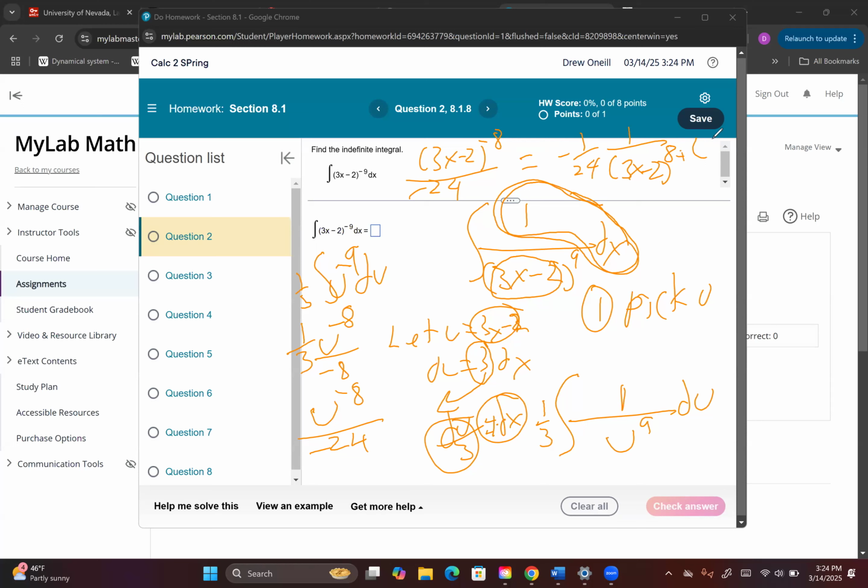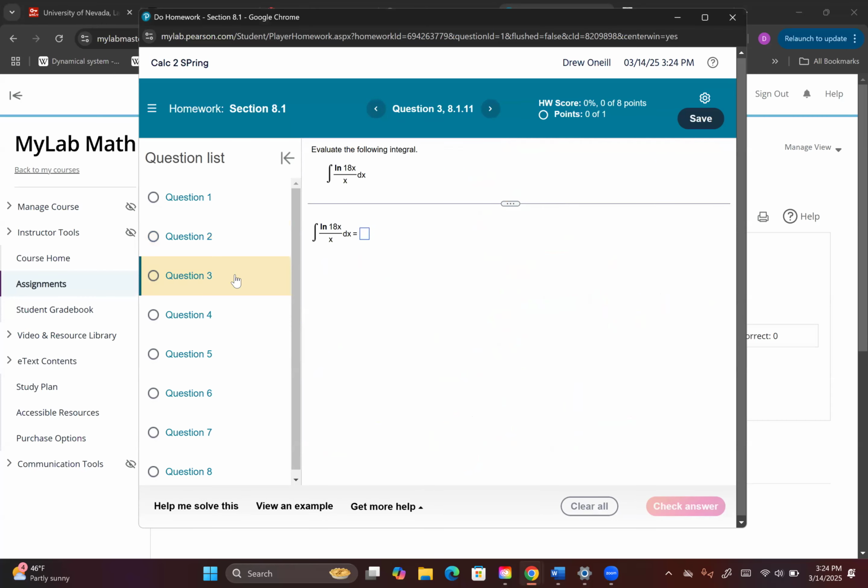But again, you're not going to get these in one try. So enter the answer and then do a similar question. Okay, so that's u sub again. So keep an eye out for what we do and what we don't. This is a great problem, but I would say this is the problem we'd actually want to see. Let's say they asked this instead, because that 18, believe it or not, is a bit of a pain.